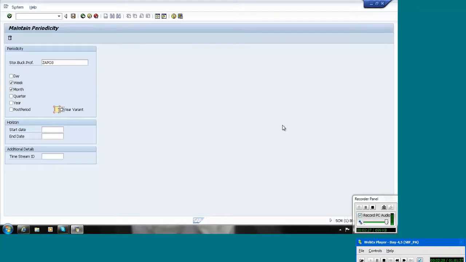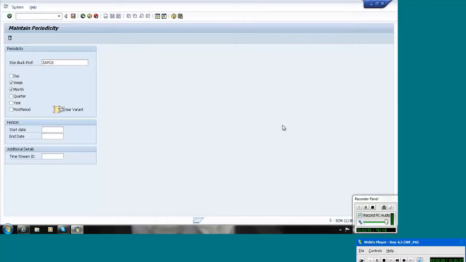Say for example, if we are not using the natural calendar, it means a natural calendar will start like January 1st to January 31st, 1 month. February 1st to February 28th, second month. Like that, it will be the natural calendar. But other than natural calendar, if I am using the fiscal year variant, this is nothing but depends upon the company. It will define the fiscal year calendar.